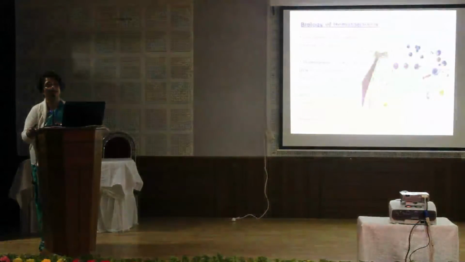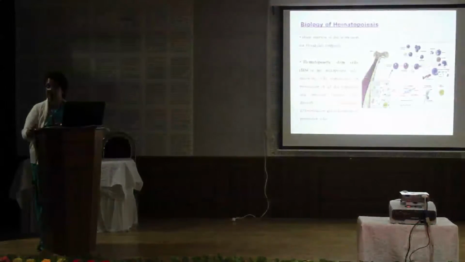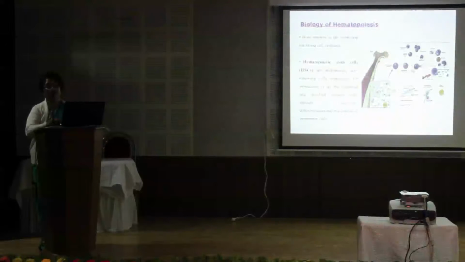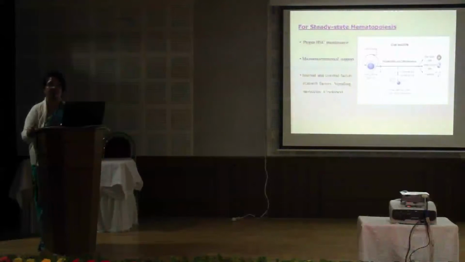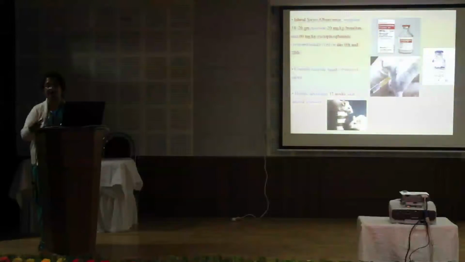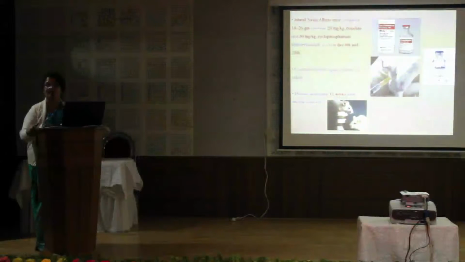What is happening there? This is the biology of hematopoiesis, and the two niches, the proper interplay between them, makes the cells mature. For steady state hematopoiesis, the properties of self-renewal, proliferation, differentiation, and stem cell support are all very much necessary. So gradually I will concentrate on each and every aspect of the development of bone marrow failure